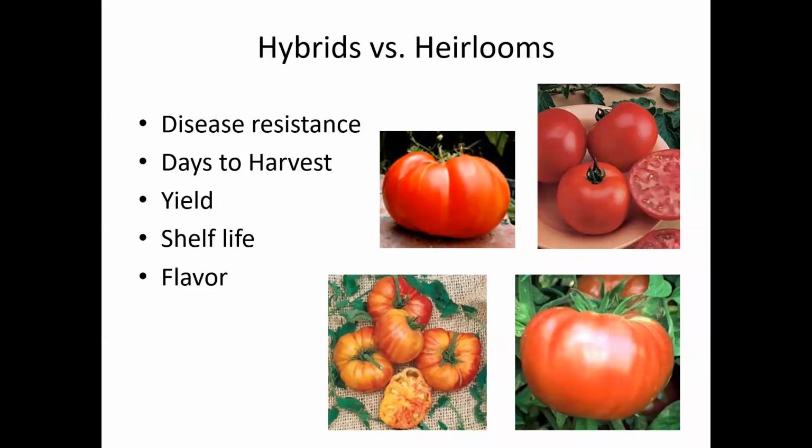So if you've had some disease problems in the past and you're planting a bunch of tomatoes, you might want to plant some hybrids just for insurance. That would probably be a pretty good idea. Most heirlooms have longer days to harvest, but there are some that are pretty early too. And yield is often higher in hybrids. They're more modern